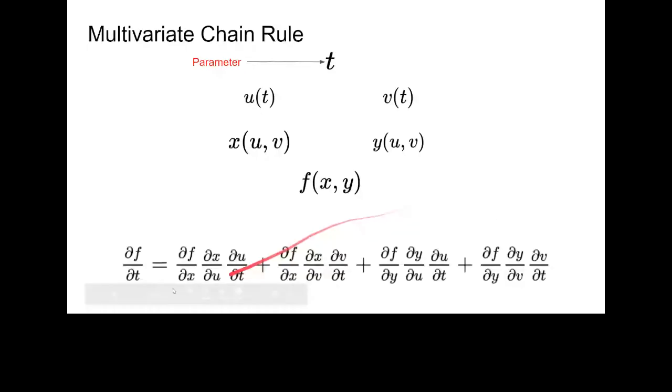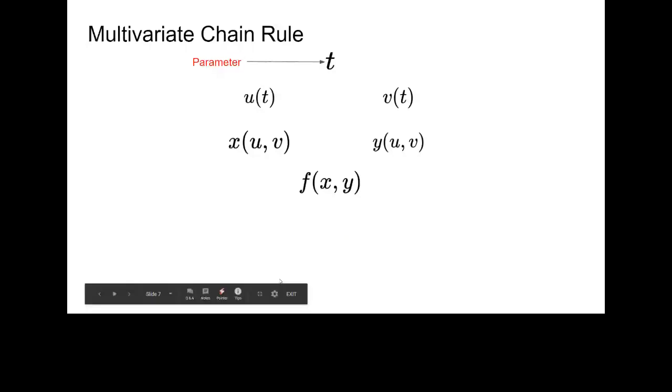So df by dt becomes longer, and I have to go here and apply the same logic again. Things get complicated very quickly, and if you have multiple layers, these derivatives become very hard to calculate. If we have to sit and analytically calculate these gradients, it becomes very hard to do. So how do we do it much more